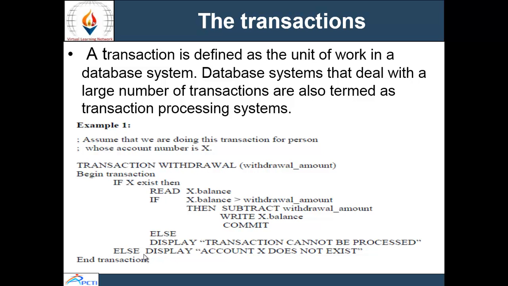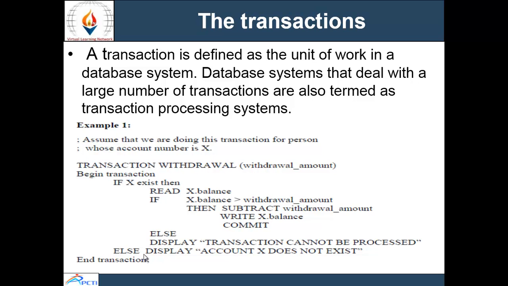For example, if the account number is 1002, first of all it will check the account balance. If there is any balance, then it will subtract the amount that you want to withdraw.